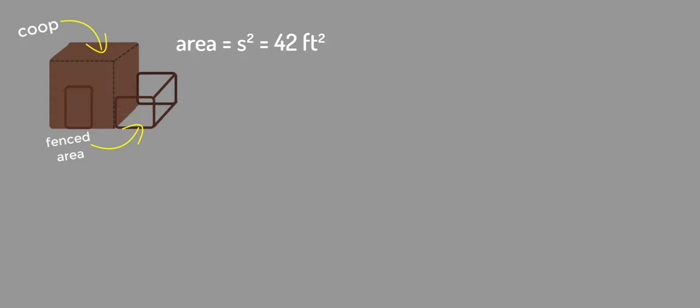We also know that that area is the length of each side of the fence squared. We're only looking at 3 sides because the chicken coop is one side, given in the problem. So we set up the equation. Area equals 42 feet squared, which equals s squared, s being the length of each side of the fence. So s squared equals 42, and we take the square root of both sides, and s equals the square root of 42. And here's where things get a little bit more complicated,